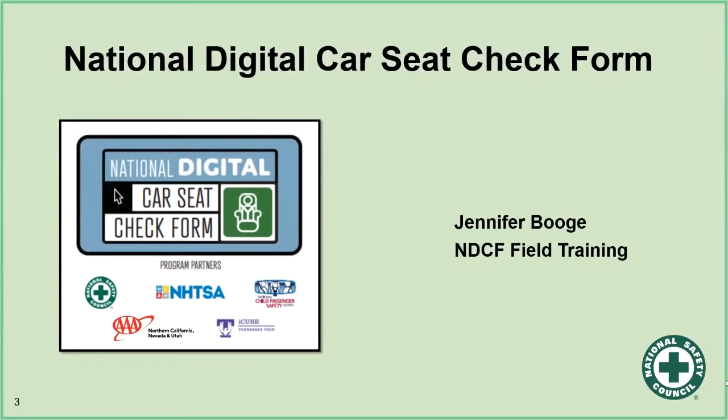Currently, the data that's being collected on paper forms can be difficult to sort through and capture specific data sets that provide technicians and organizations with vital information about the work that's being done in the field. We all know that it can be time-consuming to pull specific data sets and information that is necessary for program evaluation. While we recognize that there are others across the country that have developed their own digital tracking system, we've